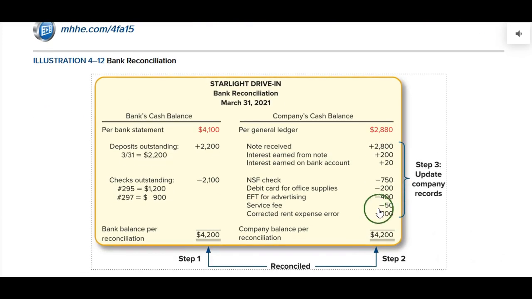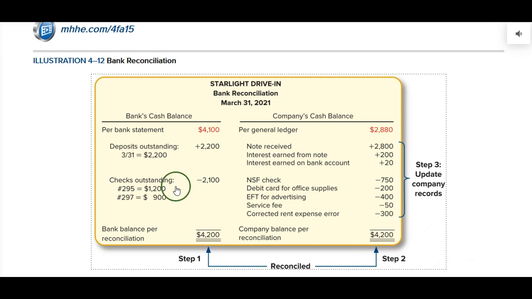So let's see what the bank reconciliation will actually look like. So the bank said we had $4,100 at the end of the month. We had that one deposit that we've recorded. We made it on March 31st. The bank doesn't have that yet, so we're going to add it to the bank side of this. You know, it's not an error. We're just going to add it to the bank side. We recorded it correctly. It has not come through the bank statement yet.